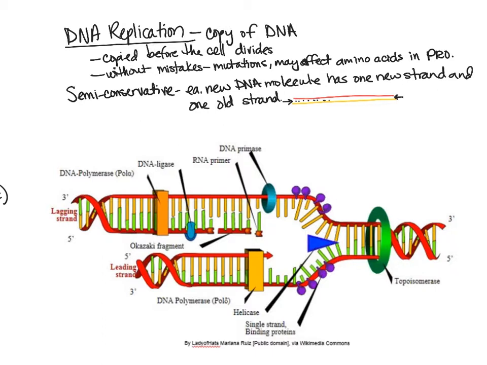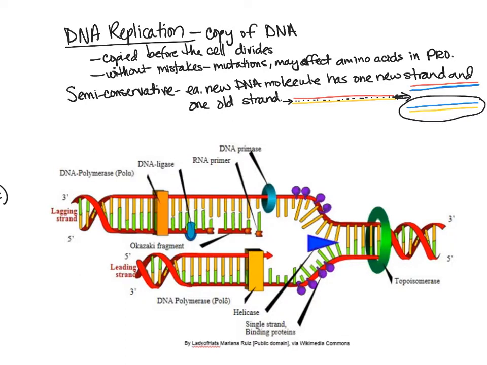Basically, we're going to unzip the DNA down the middle along those hydrogen bonds, and then what's going to happen is that we're going to make copies of both strands. So we'll have the red copy over here, and then we'll have the yellow copy over here, and then we make copies of both of those strands. So then the new strand on this side, we're going to use the red strand as a template to make what I'm coloring as the blue strand, and then we'll use the yellow strand as a template to make the new strand as well.